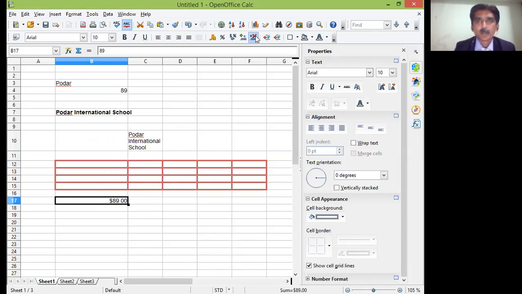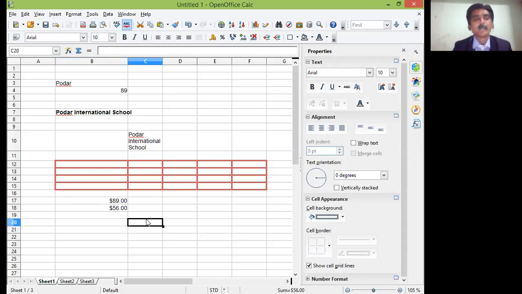Still I can increase the zeros. Here also there is one provision on the formatting toolbar: delete decimal places, or add decimal places. You can add like this or you can decrease like this. Again, I will write one more number here, 56 suppose, and press enter. Now I want this particular number 56 to be the same as the other number, that is, I want to copy this format to this 56. So I will use a shortcut key, Control Shift 4. 4 means digit 4. See, using this shortcut key, the format gets copied over here.